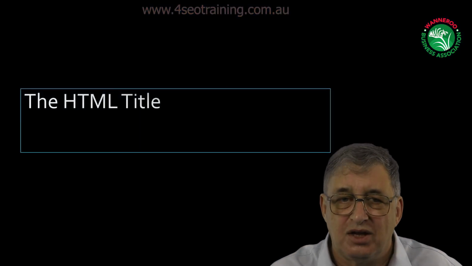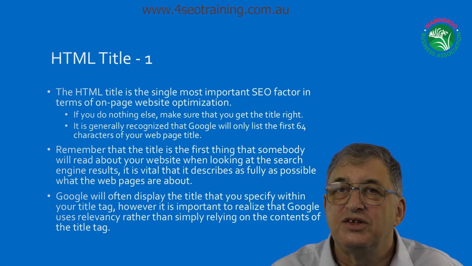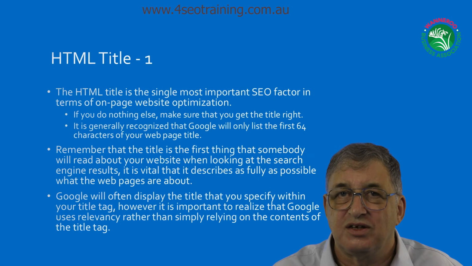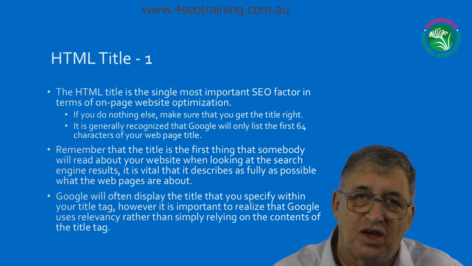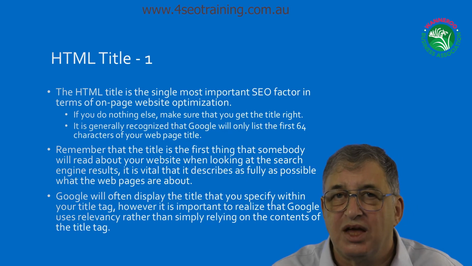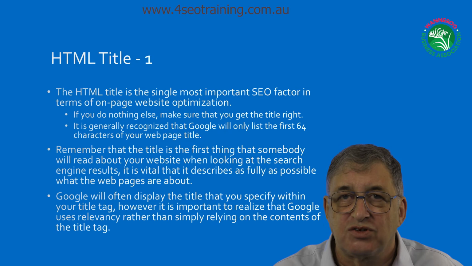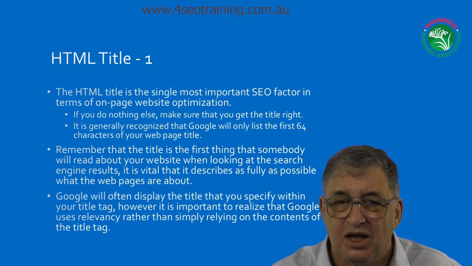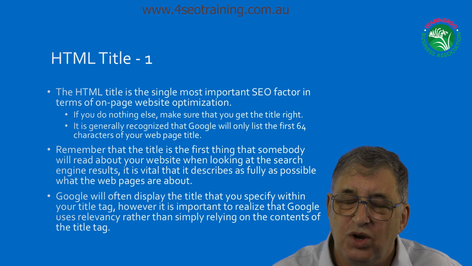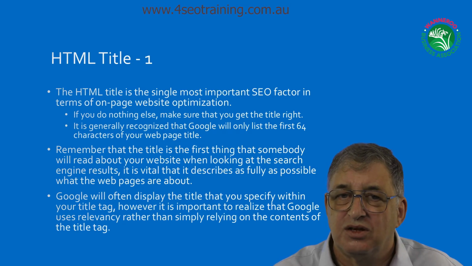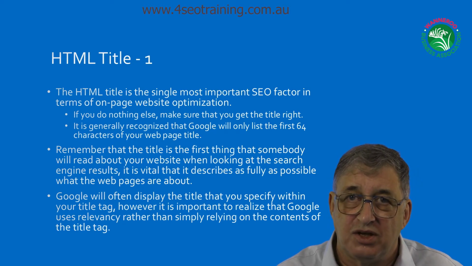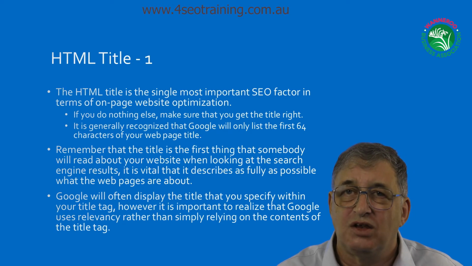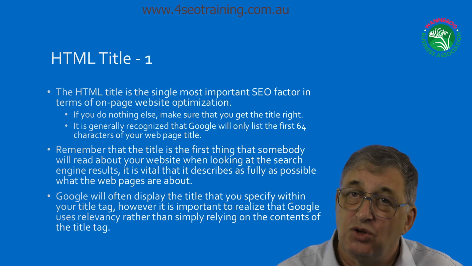Now, the HTML title. This is the single most important SEO factor there is. When you do a search in Google and normally 10 results come up, for each result, what you normally get is a title, a URL, and a short description for all 10 websites that are displayed. And by having a really good title on your website that matches a particular page, and each page should have a different HTML title relevant to that particular page, if you take the time to have a really, really relevant keyword-rich title, Google will reward you for that.